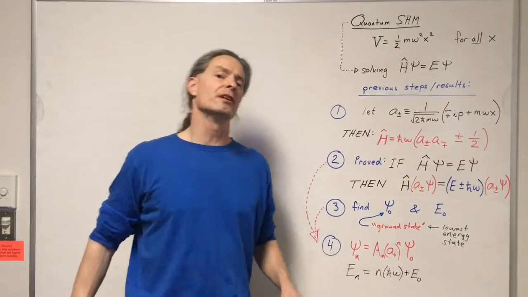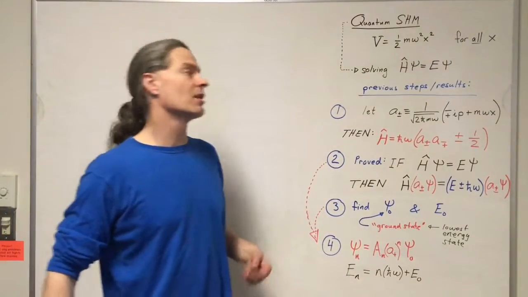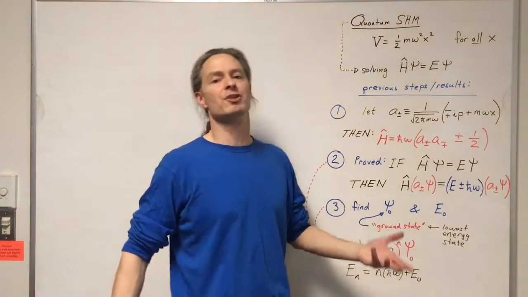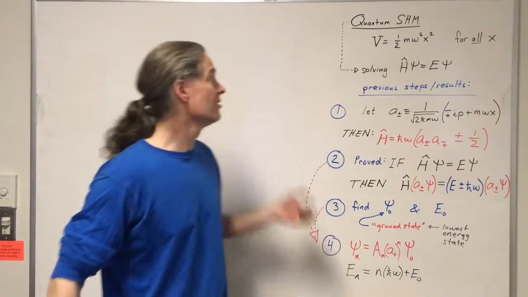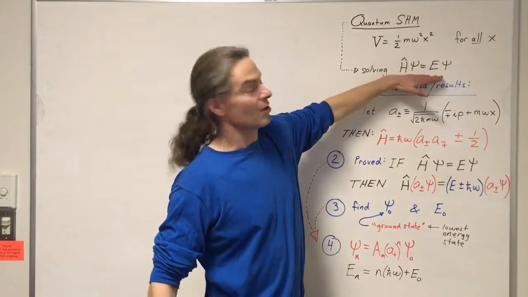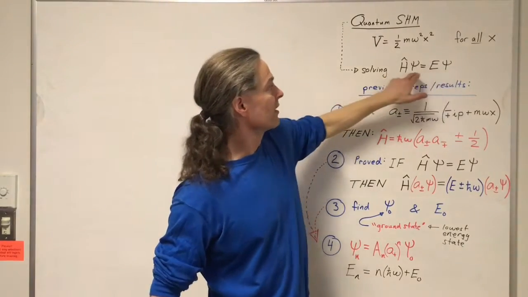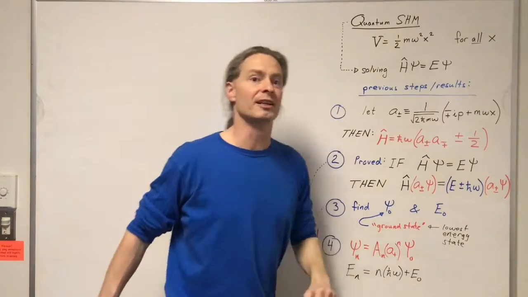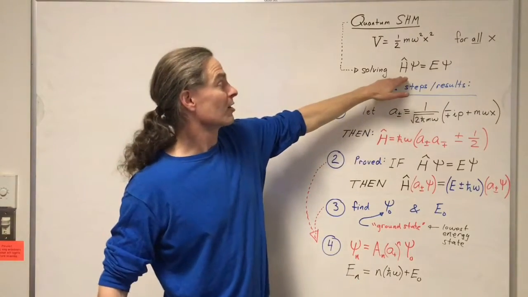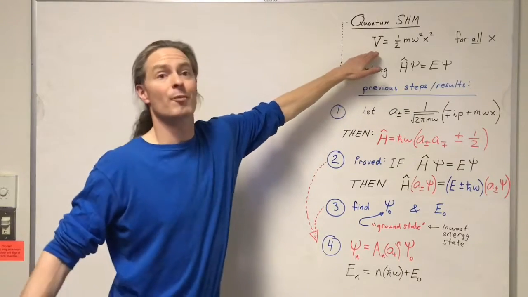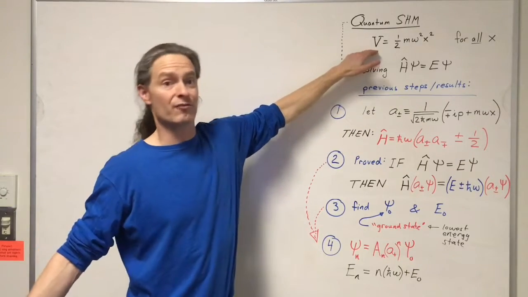Hi everybody, in this video we're going to continue our derivation of the eigenstates and the corresponding eigenenergies of the quantum simple harmonic oscillator Hamiltonian. That is, we're looking to solve this equation, the time-independent Schrodinger equation, and find these eigenstates and the corresponding eigenenergies. The quantum simple harmonic oscillator Hamiltonian is just a Hamiltonian with the simple harmonic oscillator potential energy function in for the